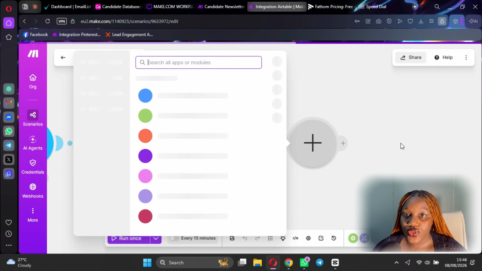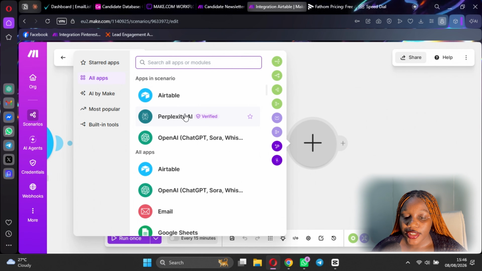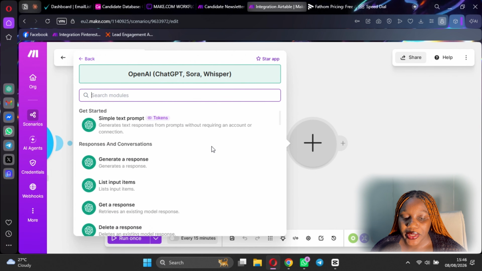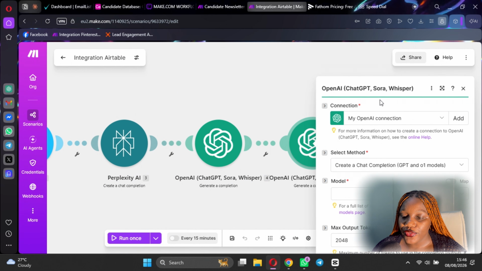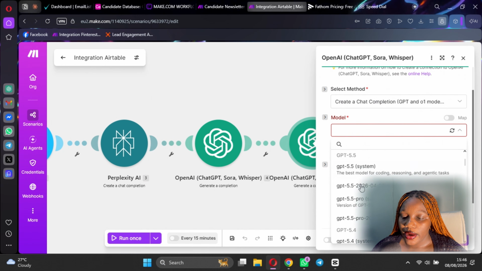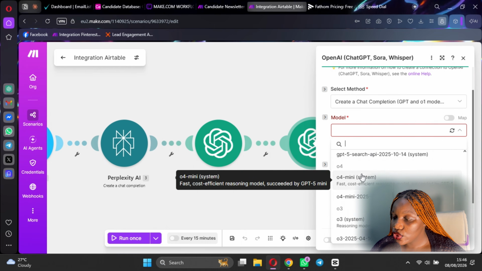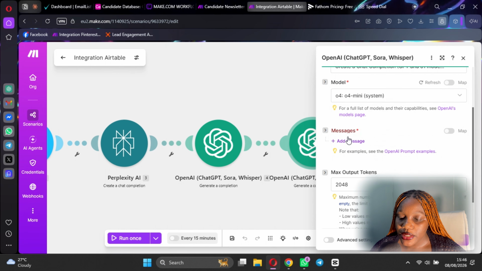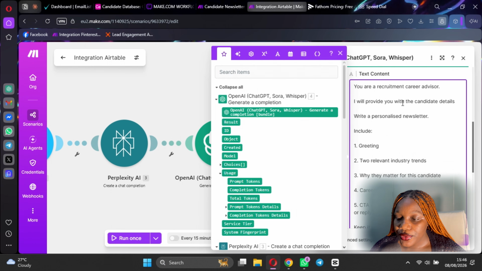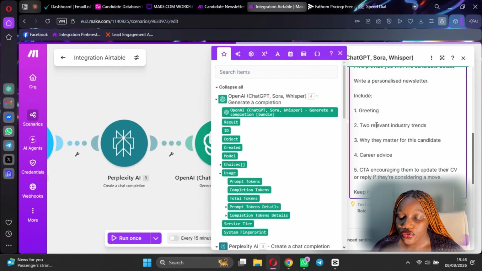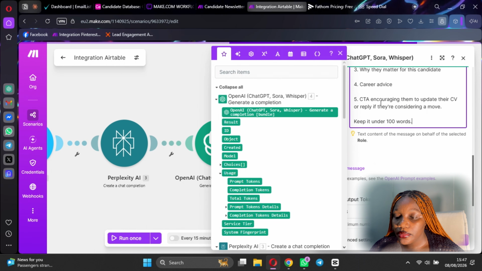So now that we have that saved, we're going to add another module, and the next module, like I already stated, is going to be another OpenAI, but this one is going to be generating the message, right? So of course, we'll still work with the previous connection, and our model is going to be 4 mini as usual. And our first message is going to be the system message. And here is what my own system message looks like. You are a recruitment care advisor. I will provide you with the candidate details, write a personalized newsletter, include greetings, relevant industry trends, why they matter for these candidates, career advice, CTA,